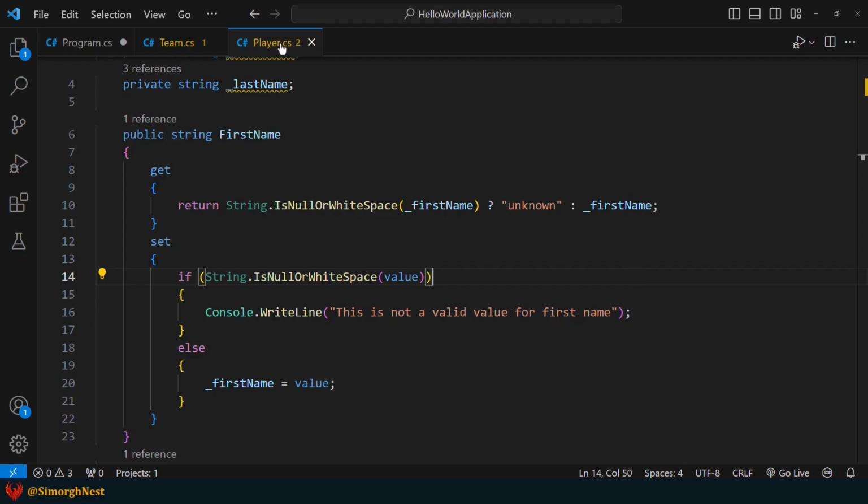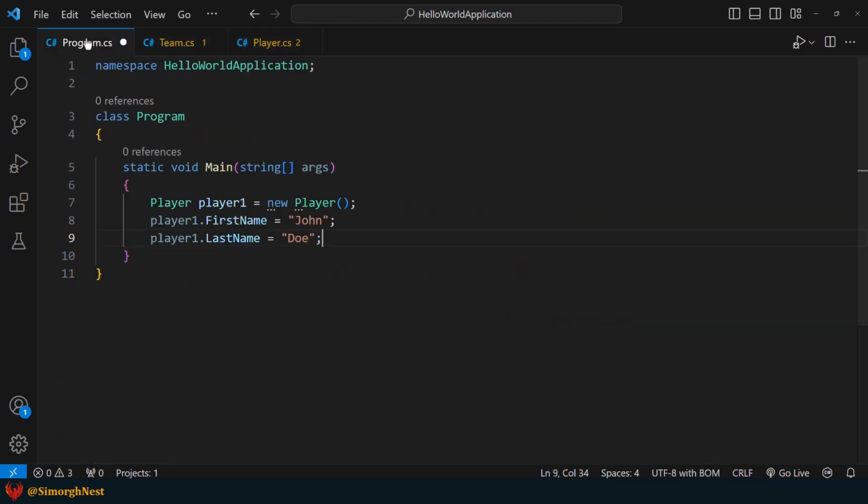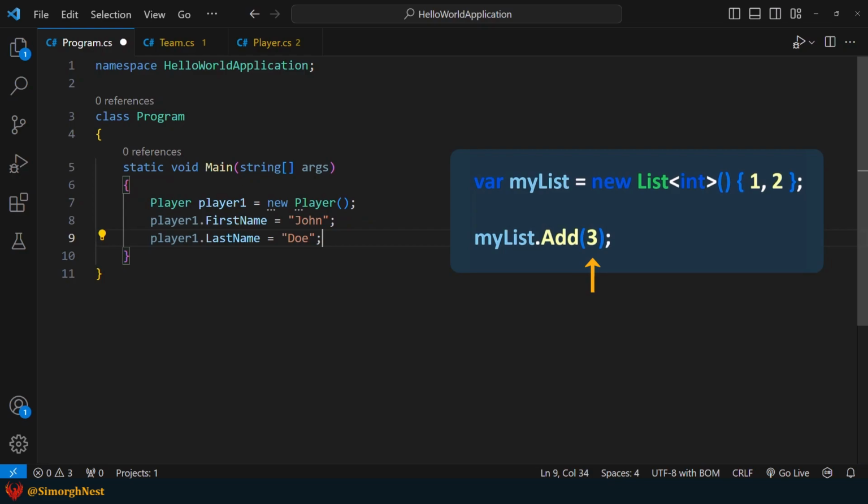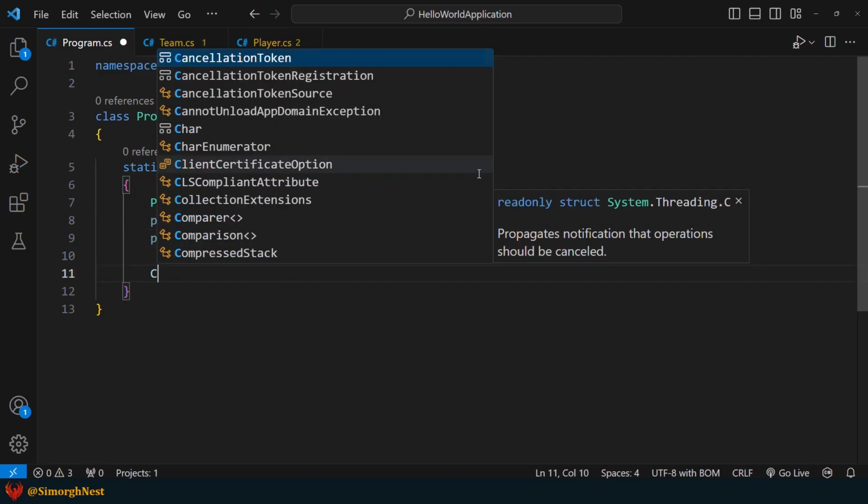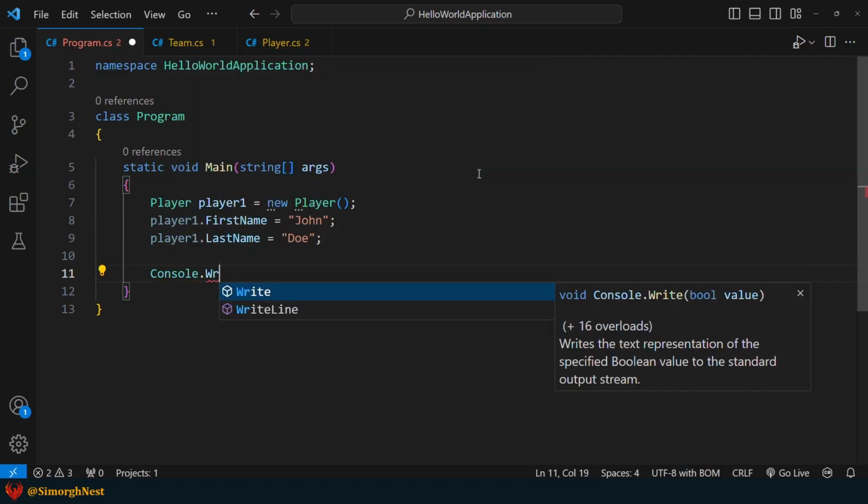As you can see, inside the class block, the accessor behaves like a method. But outside the class, such as in this case, it acts like a field. This means that we don't need to use parentheses and treat it like a method that needs to be called.